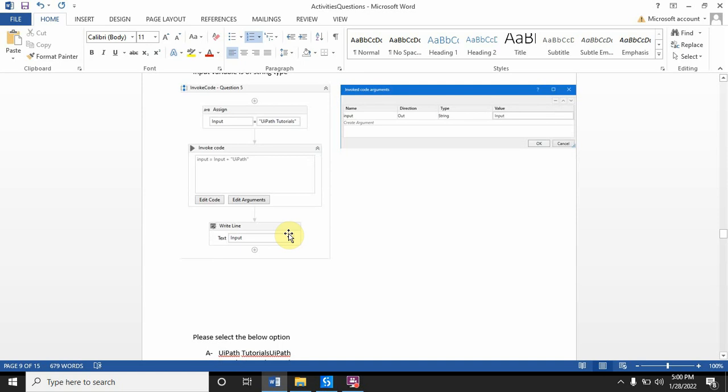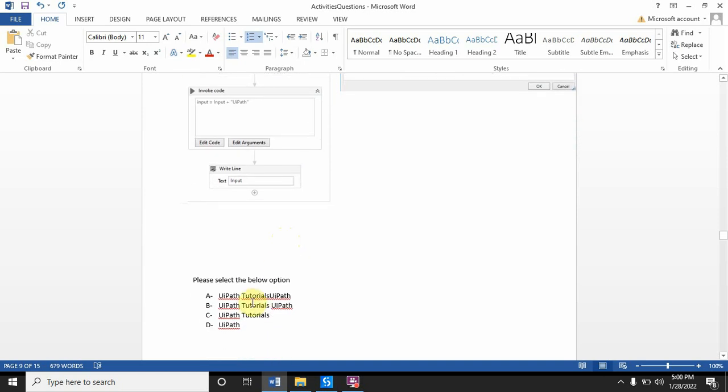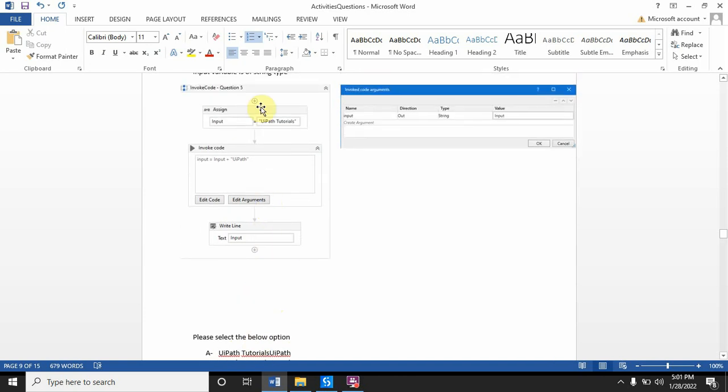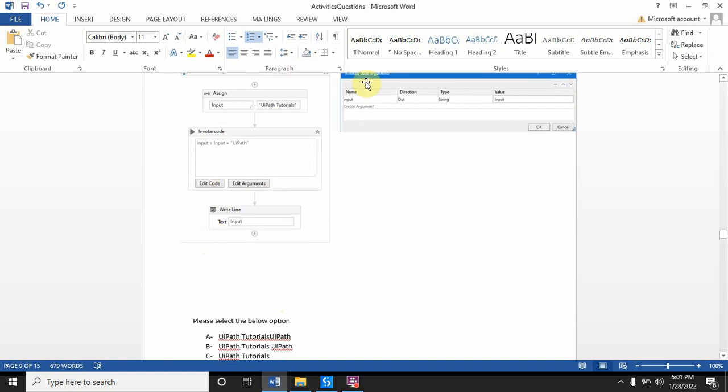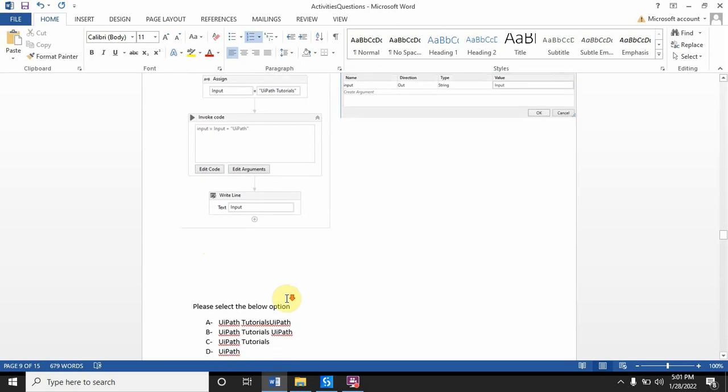So there are a few options you will see below. One is UiPath space tutorials, then UiPath. Before just showing these options, one more thing. So here I'm adding UiPath tutorials to the input, and here I am appending this UiPath to the input. So on the basis of this sequence, you have to select the proper options